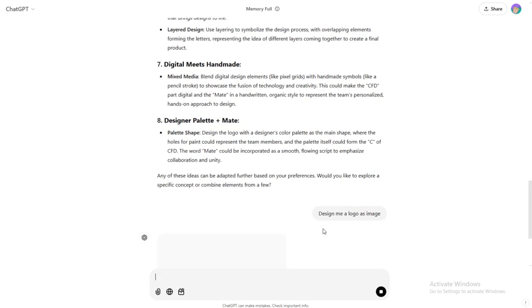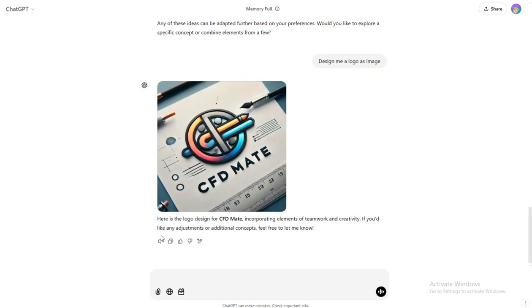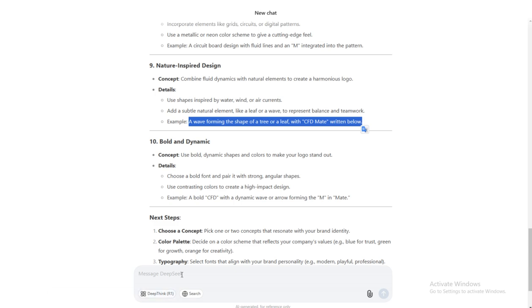So I have told ChatGPT to design me the logo as image, and I would like to see what ChatGPT does for us. So till now, DeepSeek has 4 points, ChatGPT has 3 points. So it's a definite competitor. And ChatGPT has designed something. Maybe I would not use it, but the main thing, it has designed something. And now let's see if DeepSeek has the ability to do that.